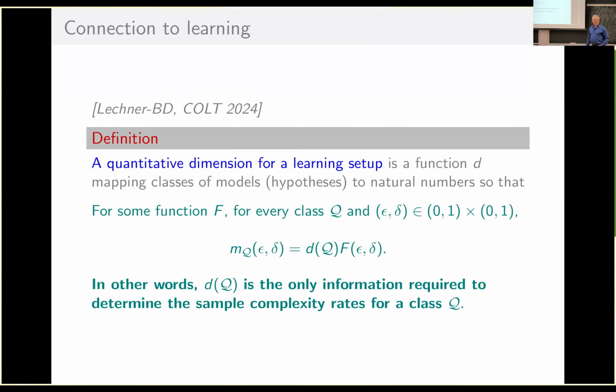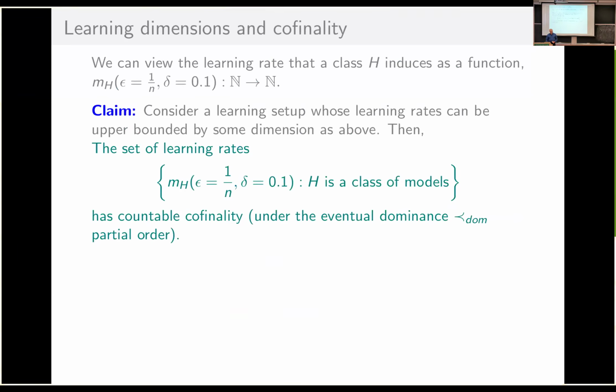Okay. So we want to show that we cannot get this. How do we show it? How does it connect to cofinality? So the trick is to notice that